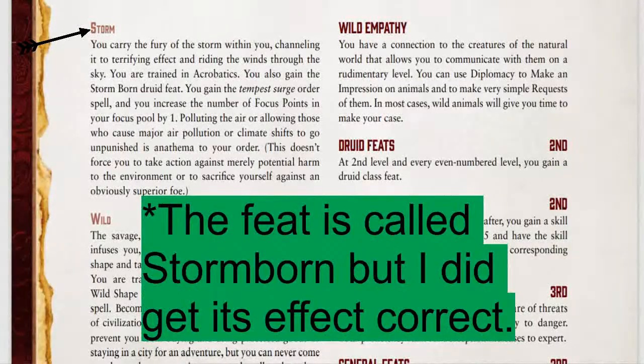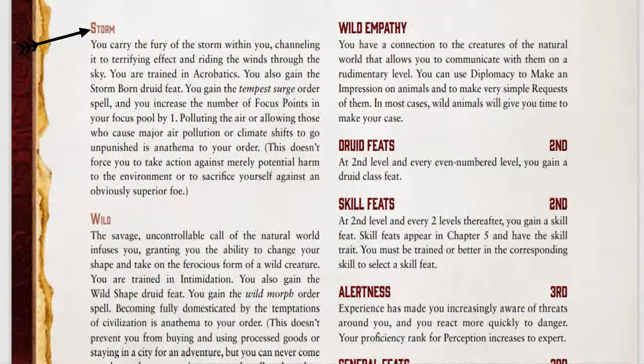Storm Druids gain the Tempest Surge feat, which allows them to ignore certain penalties if they are caused by weather, such as fog. They also become trained in acrobatics and gain the Tempest Surge Order spell. This allows them to harness some of the lightning from the sky. Add polluting the air or allowing those who do so to go unpunished to your Anathema. This does not force you to take action against only potential harm to the environment or to sacrifice yourself against